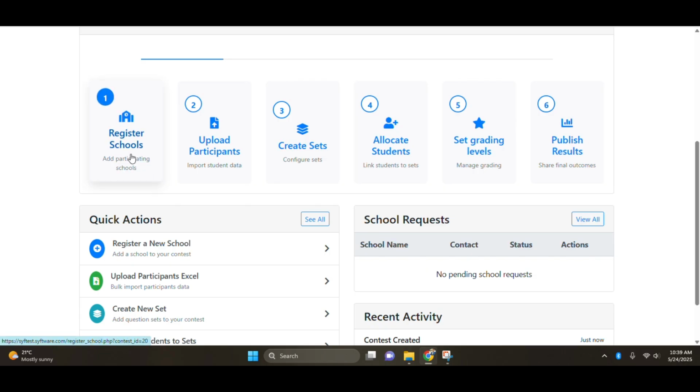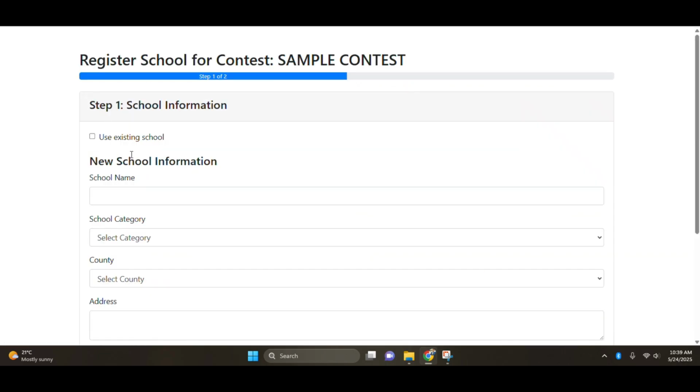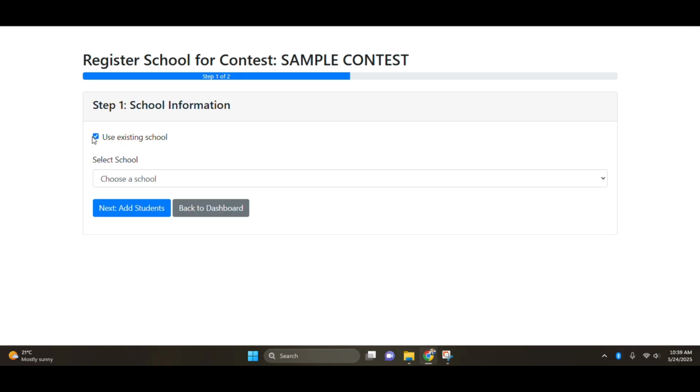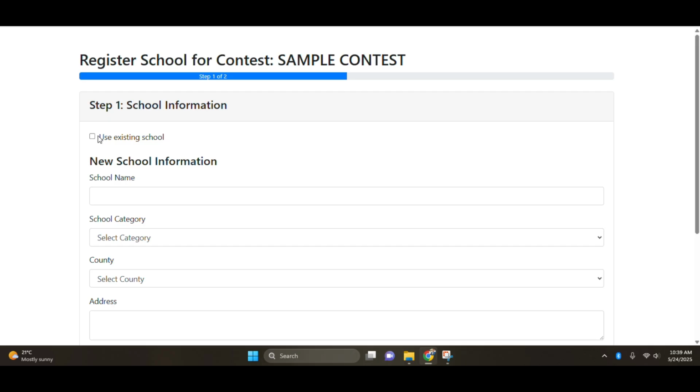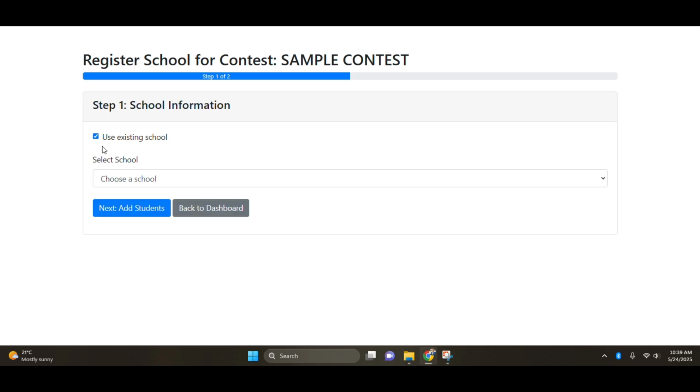So once you click on this, we redirect to this page. Here, if you already have an existing school that you've registered already, then this is where you select this option. Let's say that there were schools that searched for your contest on their page, and then they send their requests. So the requests will appear